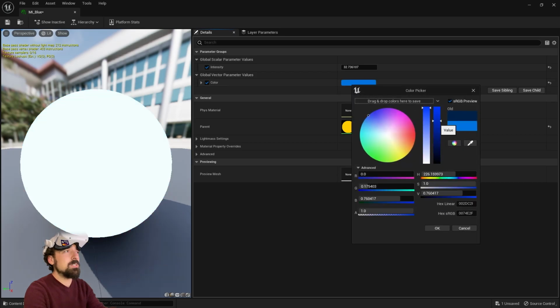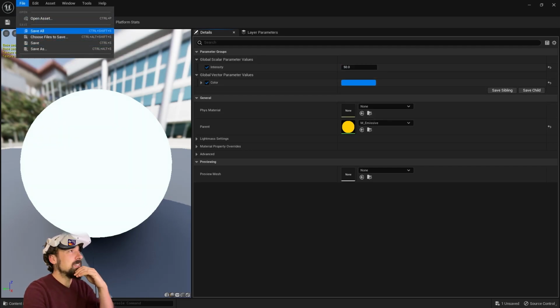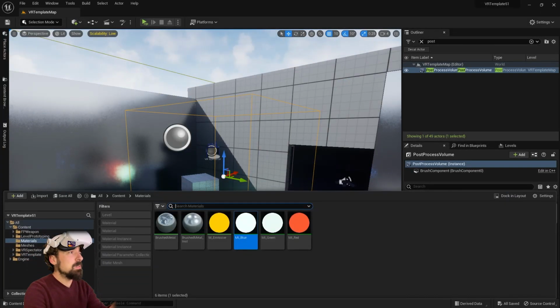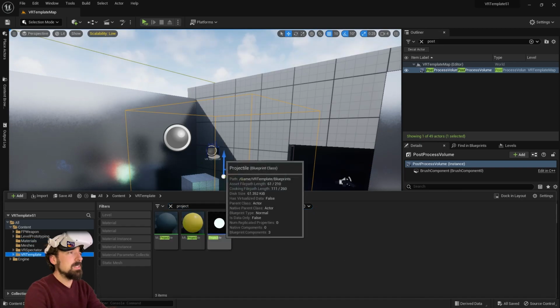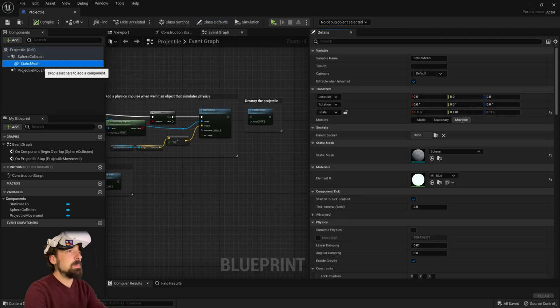It's because it's so dark over here. As soon as I brighten that up a little bit, and what the heck, I'll make that 50. I just really want these little balls to glow. You could also make the balls a little bigger too. We could find our projectile, the blueprint, and we could just make it a little bigger. Yeah, there we go. So let's try